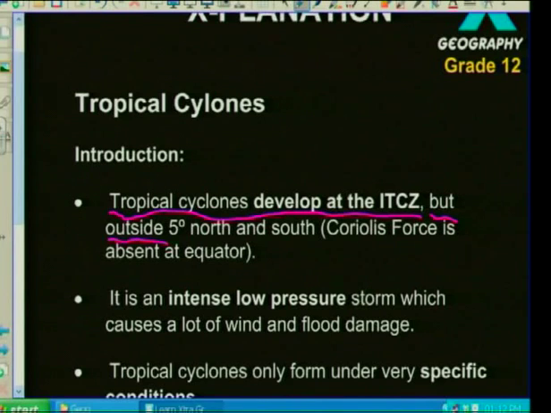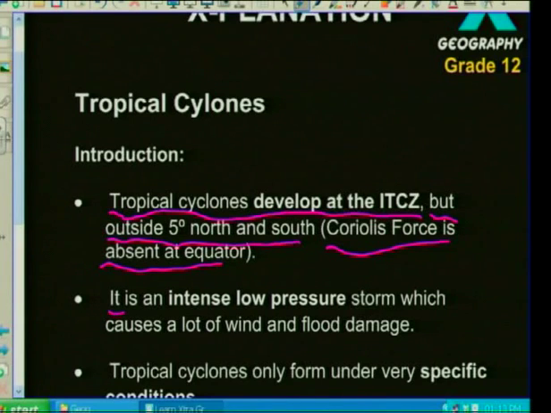All right, it occurs outside the 5-degree north and south, because with the tropical cyclone, we need the deflection to happen. So we need Coriolis force, which is absent at the equator, because when you look at the equator, okay, the air starts to move. And at the equator itself, the air is not moving, so we're not getting that deflection,